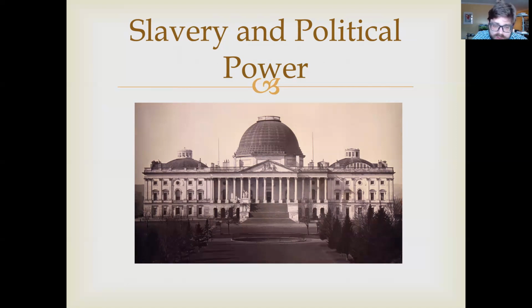In states where slavery isn't central, many are becoming increasingly opposed to the institution of slavery. Some have moved towards abolishing it within their own borders, and increasingly do not want new territories that will become states to allow slavery. The reason for this is that currently in the Senate, there's an exact 50-50 balance between senators who tend to vote in favor of expanding slavery and senators who tend to vote against it, right? This is in 1820. And both sides know that if this new territory wanting to become a state, Missouri,